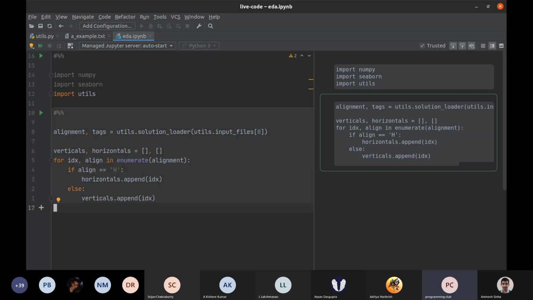One thing I must say, this is a Jupyter notebook and it helps us separate code into different blocks. So here you can see one block, then you can see another block. Again, as I said several times, don't worry about this. This is to make it easy for you to understand the code. It is somewhat easy to figure out that, okay, if the alignment is edge, push it into the horizontal list, otherwise put it into the vertical list. Don't try to code this on your own if you don't know Python. Get the idea, get the philosophy, and code it in C if you want to. Our point here is to show you that this can be done in 4 hours and get a good score, if that's somewhat relevant.